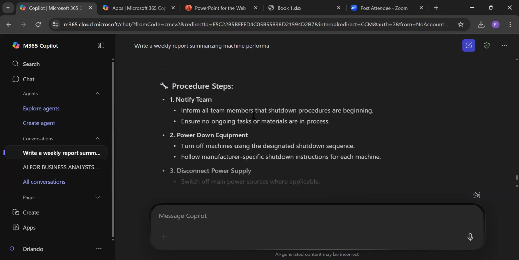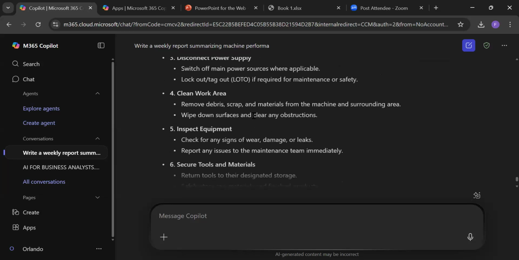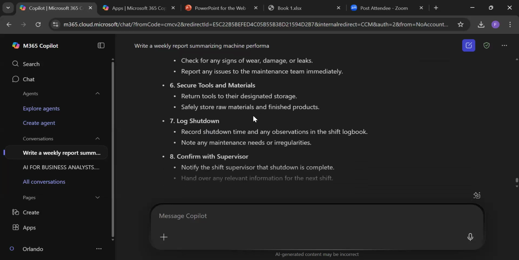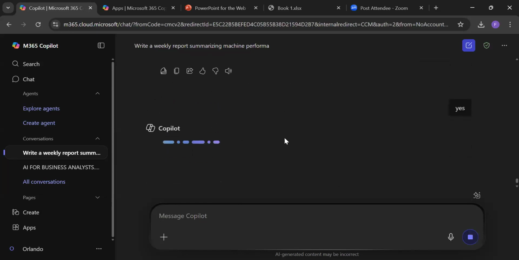So here are the procedures. If you are following this, you might also have the same thing on your screen. If you want it formatted into a printable document, or you want it in a PDF, let's see what it does when I tell it to format it into a printable document.